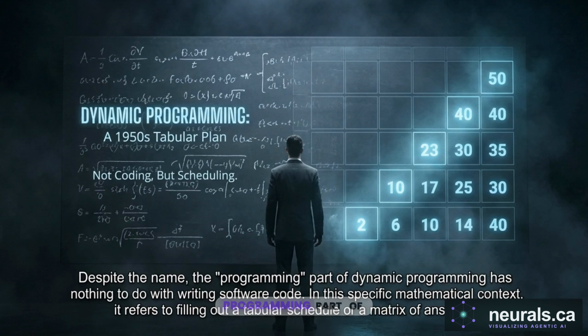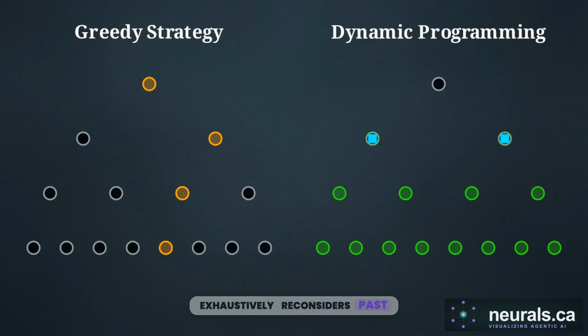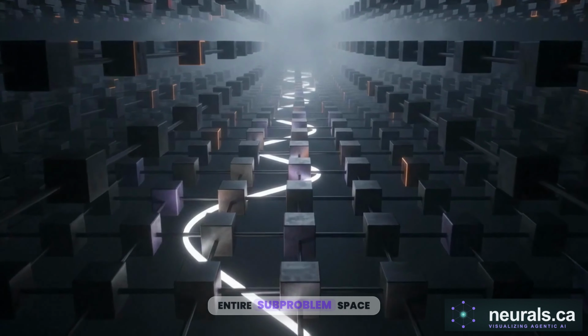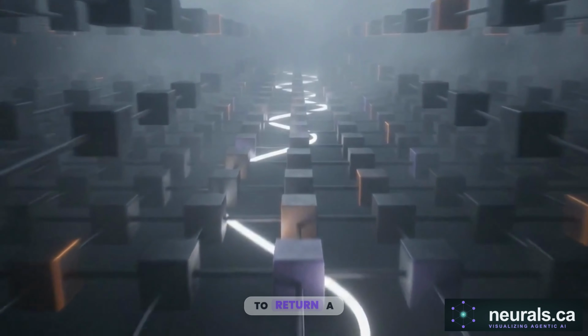Despite the name, the programming part of dynamic programming has nothing to do with writing software code. In this specific mathematical context, it refers to filling out a tabular schedule or a matrix of answers. While a greedy algorithm makes a fast choice at the top of a decision tree and never looks back, dynamic programming builds its answers from the bottom up. It exhaustively reconsiders past choices, but it does so cheaply by constantly referencing its stored cache of results. Because it explores the entire subproblem space without wasting time on redundant calculations, it is guaranteed to return a provably